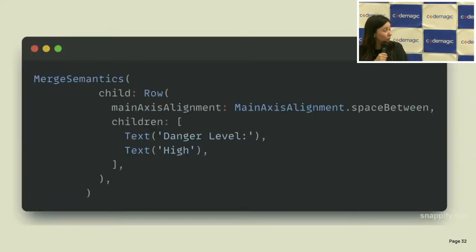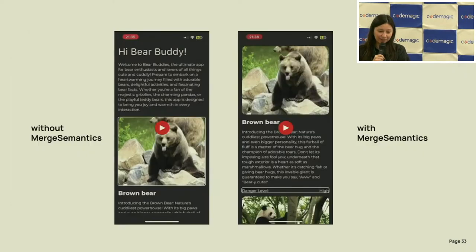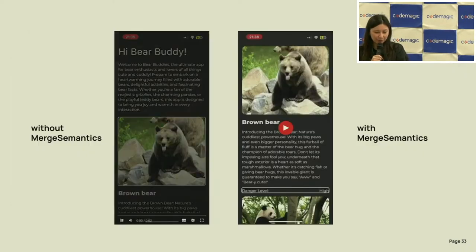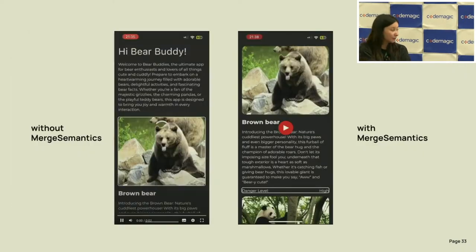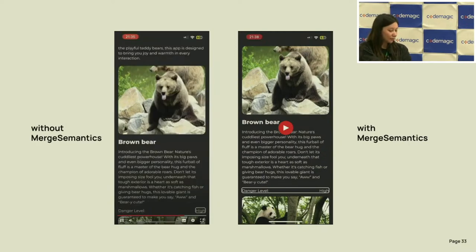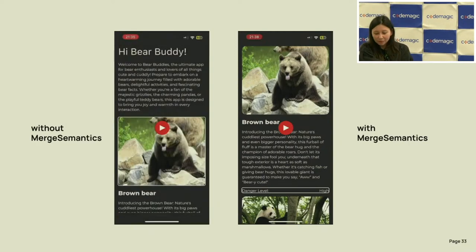So again, normal wrapper widget, the semantics nodes that should be merged should be wrapped in it. And again, a video. Danger level, high. So you see the user has to only once navigate, which is great.